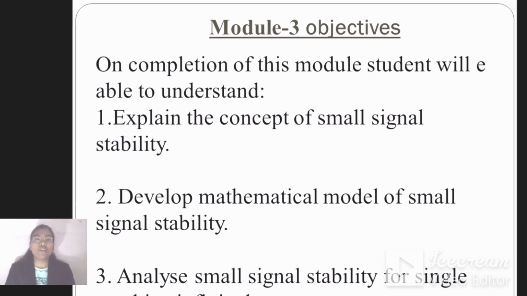In this module, we are going to start with small signal stability analysis, that is when the disturbance to the system is small. We have seen its dynamics and the swing equation, which is a second order equation, but for a small signal disturbance we can linearize this swing equation. So in small signal stability, we are going to study mainly the effect of damping and the effect of the synchronizing coefficient.